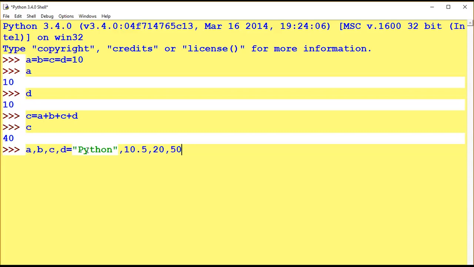It doesn't matter which data type you are declaring in a particular variable. In a single line, whatever value you assign keeps its own data type. See here, I will write type A. It will display string.